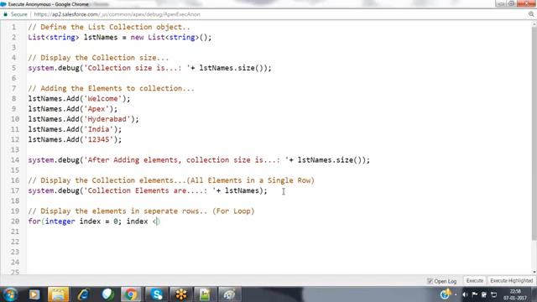So the index value is less than lstNames.size. Whatever the size that we have for the collection, this index has to be repeated up to that collection size. And every time it has to increment the value by 1 using index plus plus.